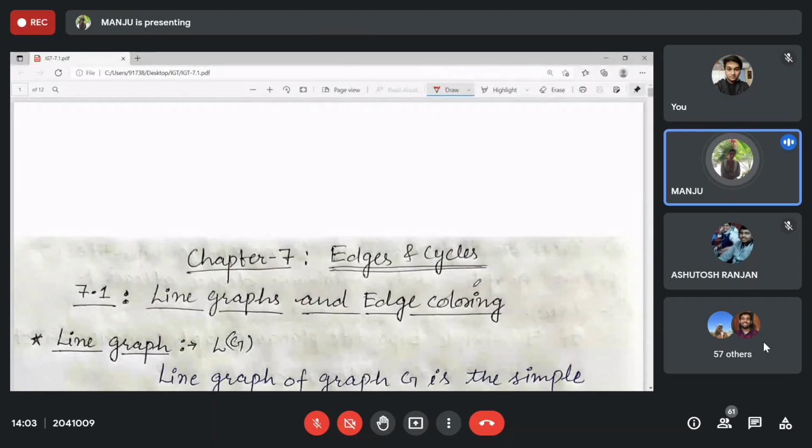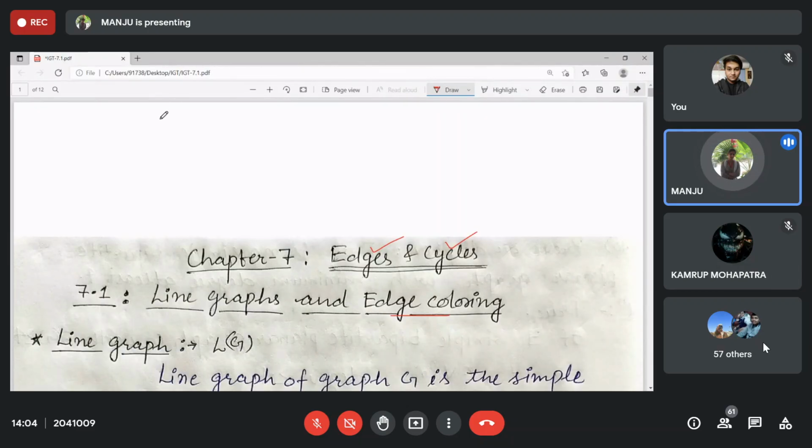Yeah, we revised chapter 6 in the last class. So today is chapter 7, and this is talking about edges and cycles. Here we will be studying edge coloring and Hamiltonian cycles. Okay, like we did Eulerian graphs, here we will be studying Hamiltonian graphs. Okay, so first,